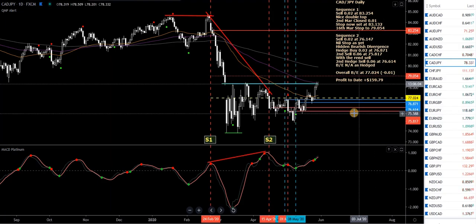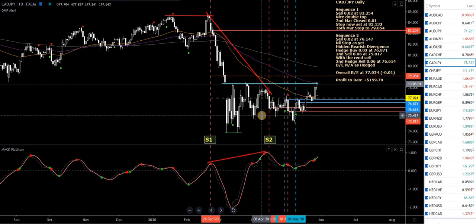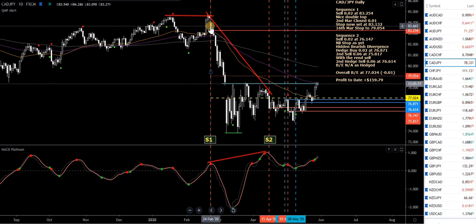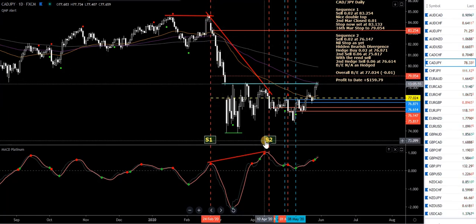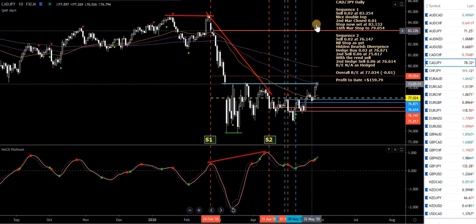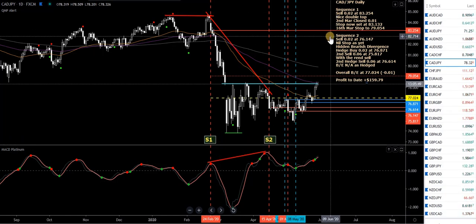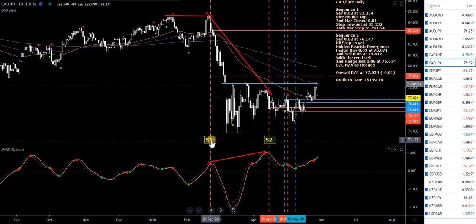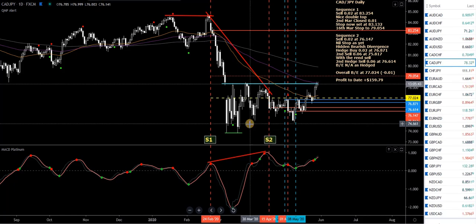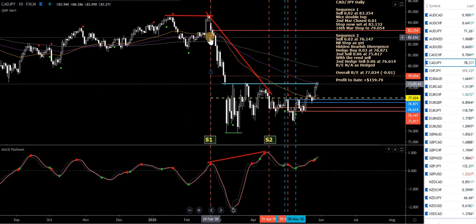CAD Yen, the yen pairs have been a little bit tough to trade. This one's no exception. Now I've got a sell up here. Now if you see S1, S2, or S3, S4, sequence 1, sequence 2, where this S1 or the S2 is, that's where that sequence starts. So in this case, I took a sell up here